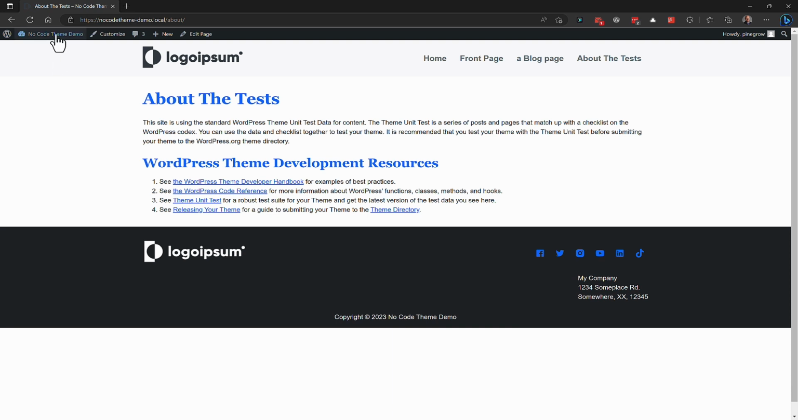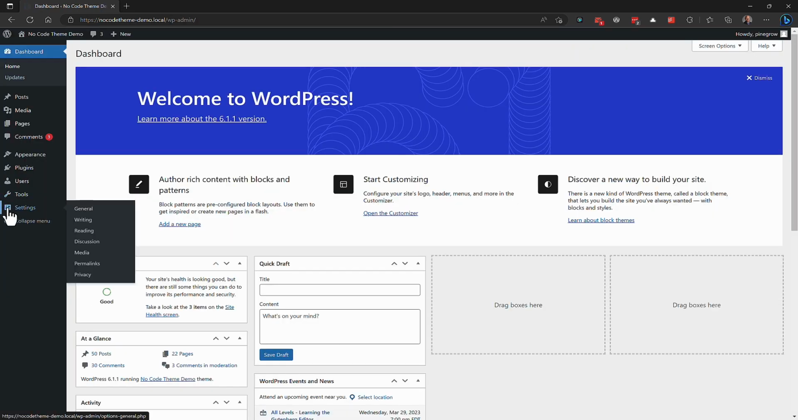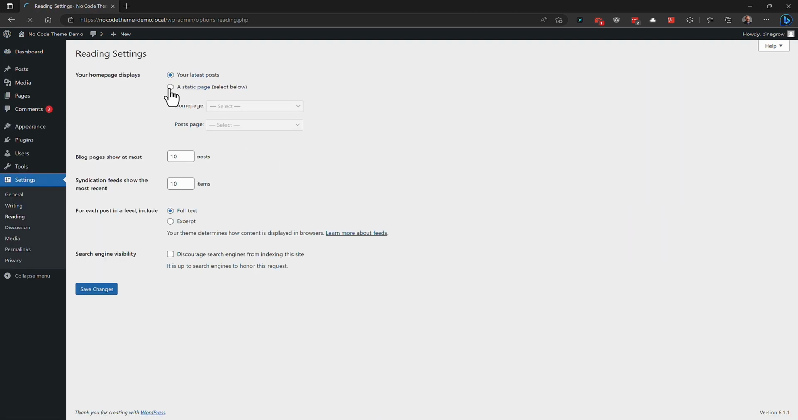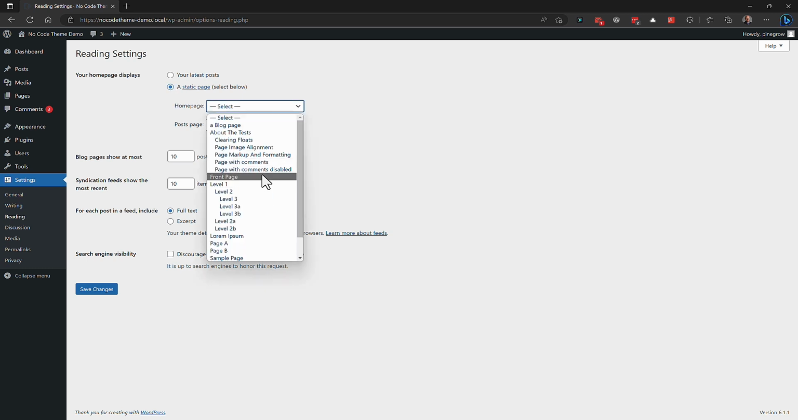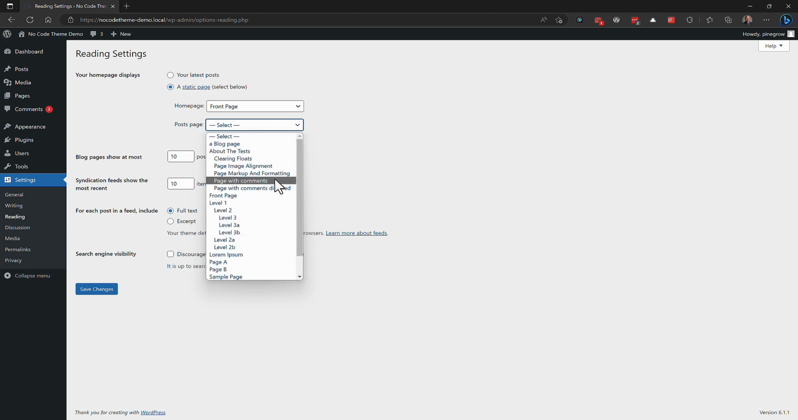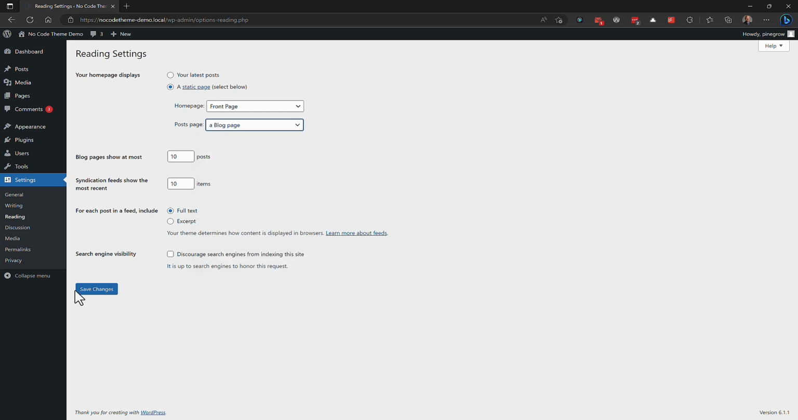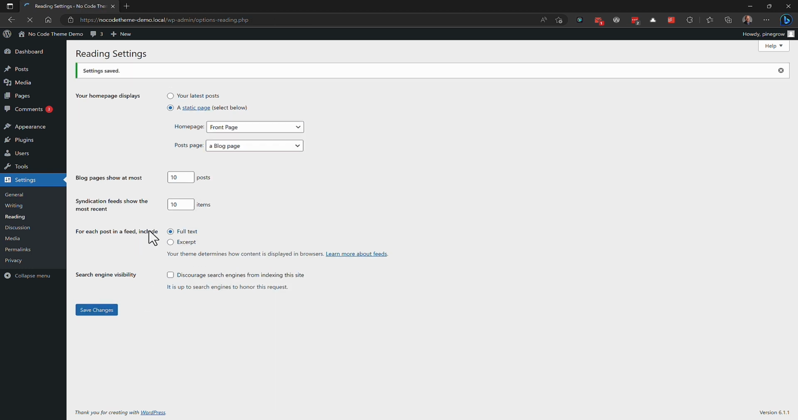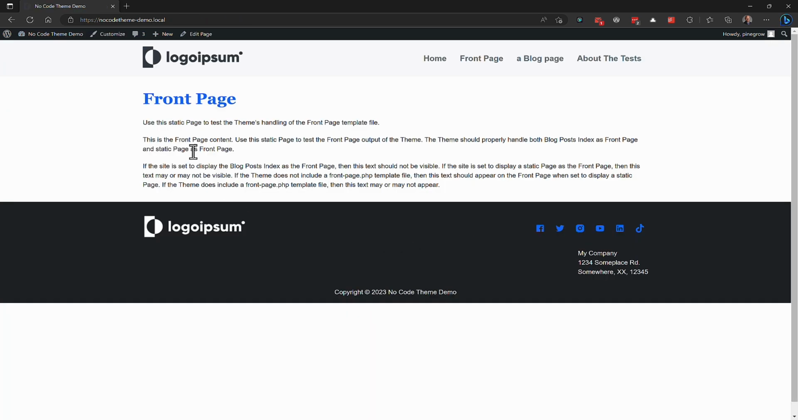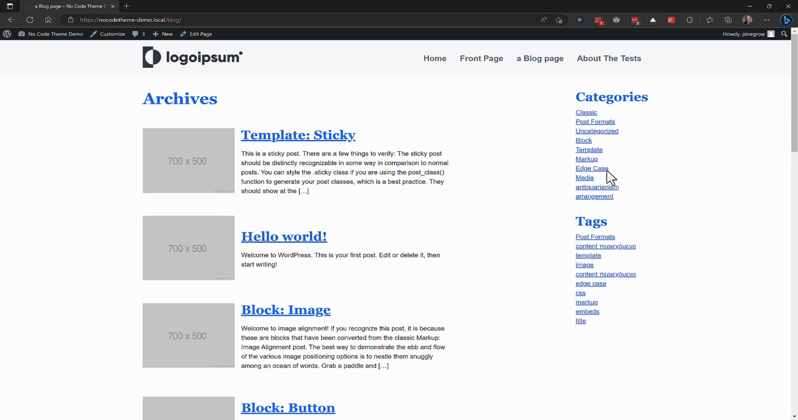So this is a great chance for us to come into our dashboard and just make a quick setting change. I'm going to come over here to settings, reading. And I want to say that the home page displays a static page. The home page is going to be our front page. And the post page is going to be a blog page. Save changes. View the site. And now our front page is a static page. And a blog page